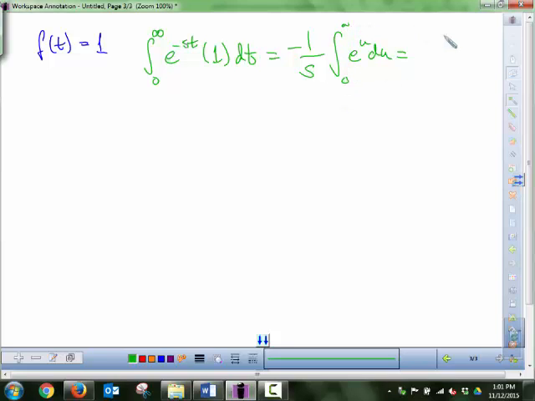Zero to infinity, and then this is going to be negative 1 over s e to the negative st, evaluated